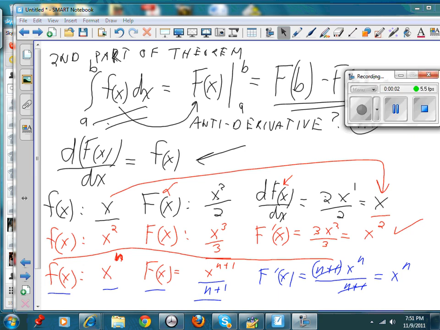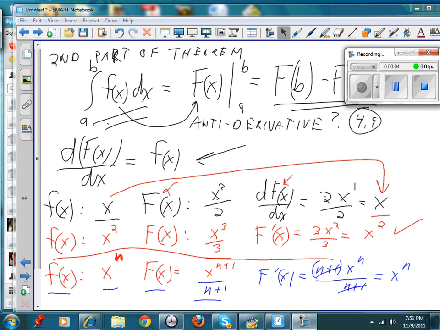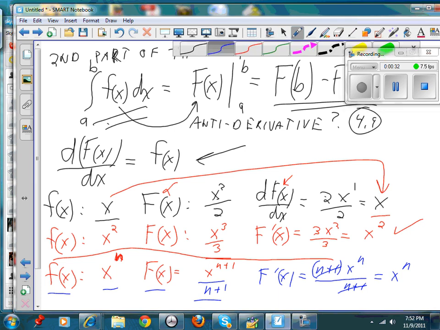Welcome back, and we're in part 2 of our study of the fundamental theorem. Remember, the fundamental theorem united the teams of people that were working on integration, or finding the area under the curve by computing infinite sums of small rectangles, and the people that were working on the tangent problem, or instantaneous rate of change. We saw that these processes were inverses of each other, or maybe I should say antis of each other,